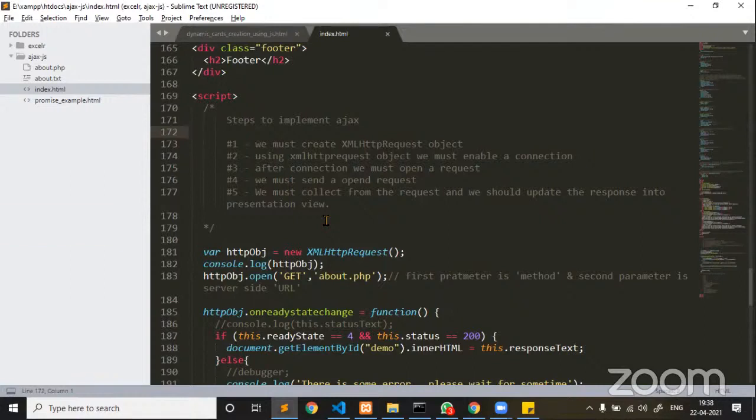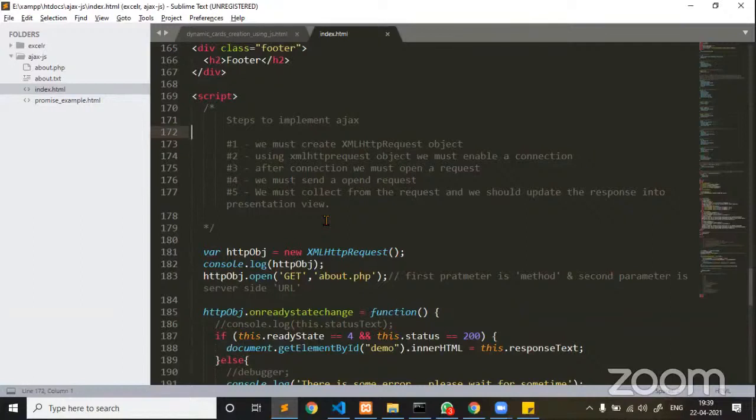place by the end user. And someone is asking about local storage and session storage. That story is completely different, which is out of the Ajax concept. I'll try to explain about that. Please wait for some time. And since we are targeting Ajax and JSON, please try to understand.